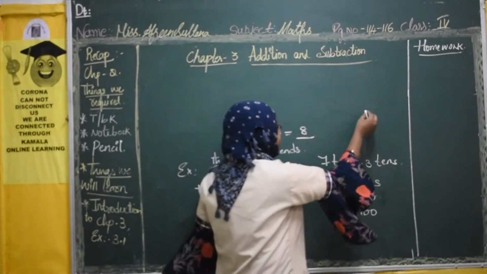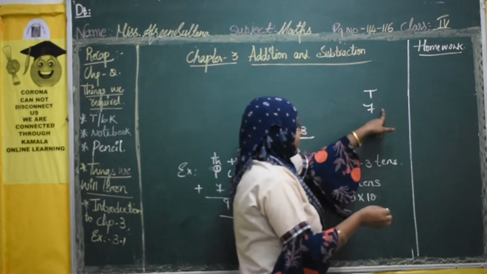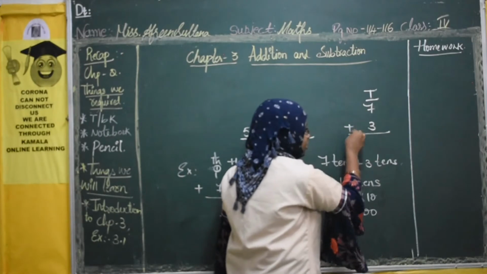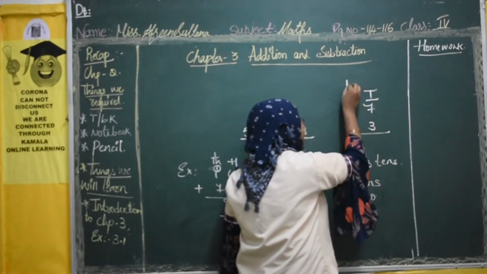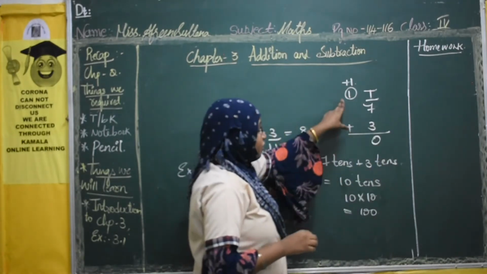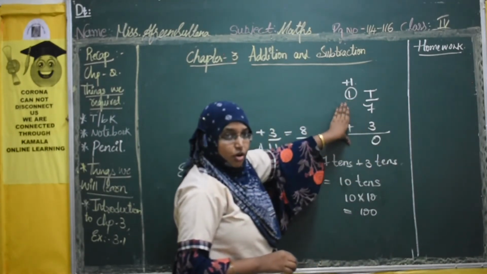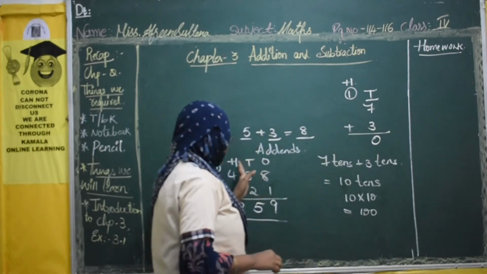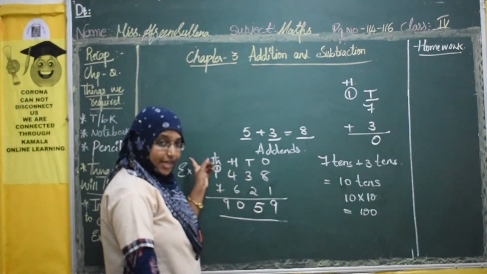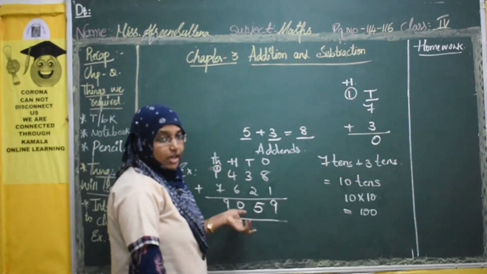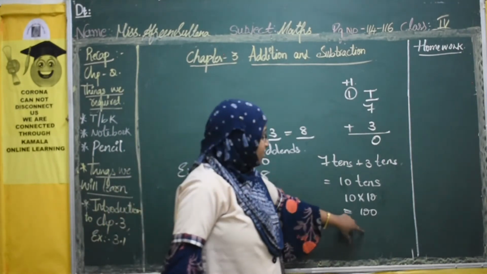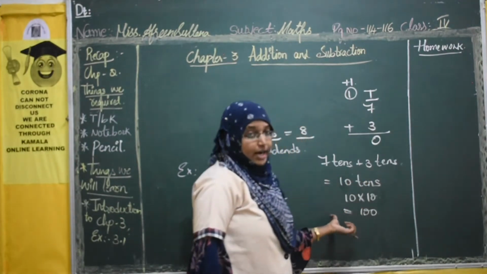So what will you do? 7 tens means in the place value of tens, there is 7 and 3. So 7 plus 3 is how much? 10. You will carry this to the hundreds place. You will write that carry here and you will write that 0. This is regrouping, where we write separately. This is very complicated, so better is to write without regrouping, where we write the 1, 10, 100 place values, then write the digits and then add up. With regrouping means we change one sentence and then we add up.